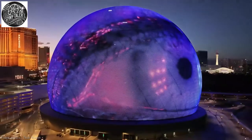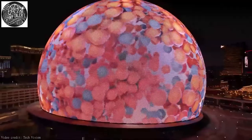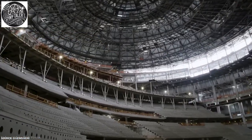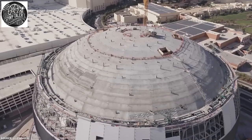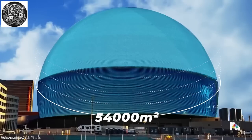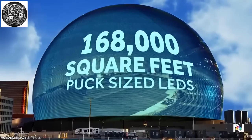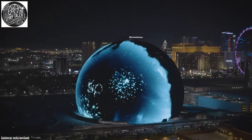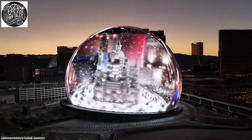How can anyone possibly make a sphere of this magnitude, and why make it in the first place? Join us today as we figure out how and why the world's largest sphere was built. First of all, we have to understand the scale of the structure we're dealing with. We're talking about a monstrous 54,000 square meter, 112 meters high, 157 meters wide marvel, with an exterior featuring millions of